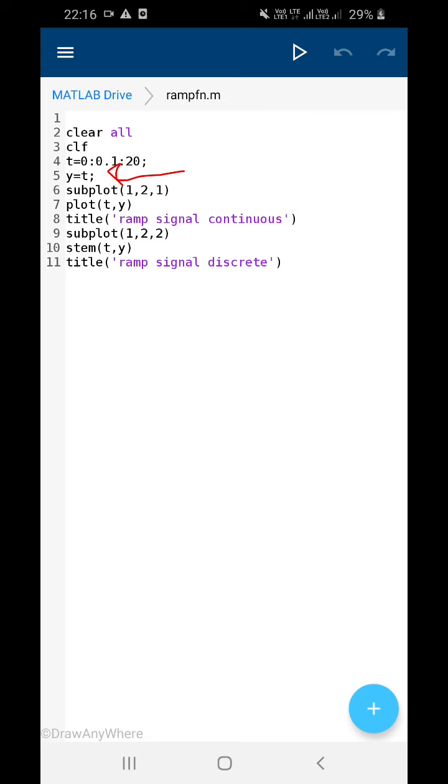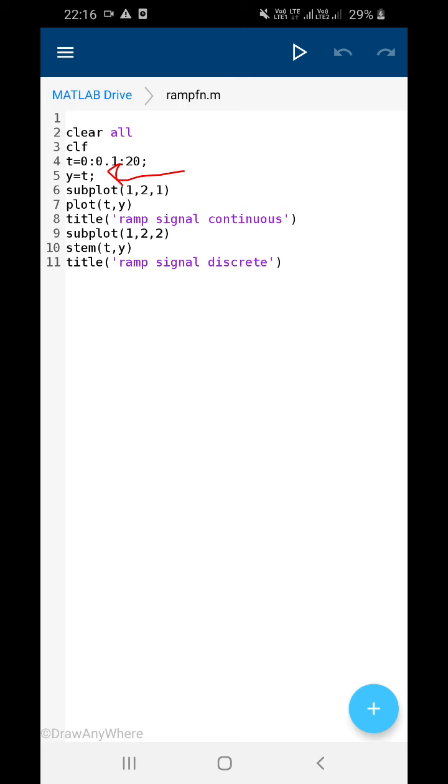You know that you will get straight line starting from origin if your x is equal to y, right? Your x axis content is equal to y axis content. So here x axis is t, so y is equal to t. You will get a ramp function. That straight line passing through origin is nothing but the ramp signal.